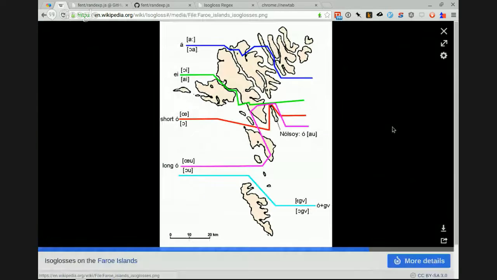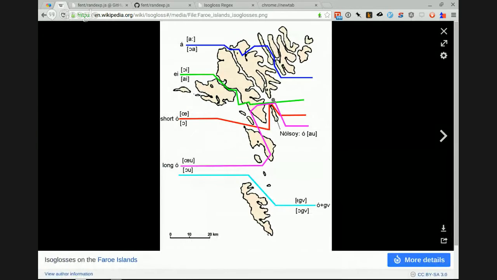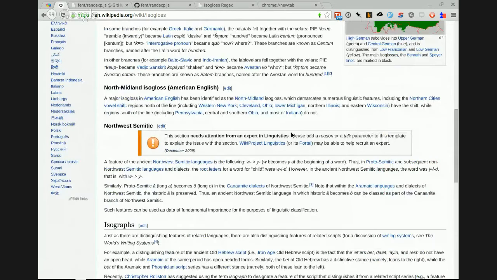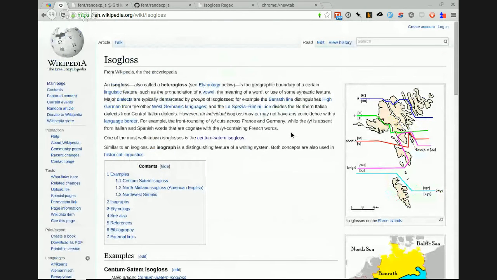So for example, this isogloss here is the Faroe Islands, and it's talking about places where different language sounds exist on these islands. I don't really know how to read these at all, but you kind of get the picture. It's like, oh, there's this border, and within this border, this particular sound appears a lot in language. So isoglosses are pretty cool, and I've always wanted to generate isoglosses on the fly, because you always see